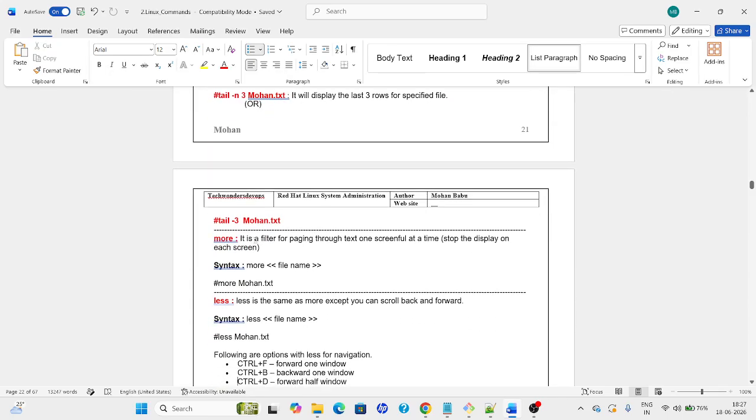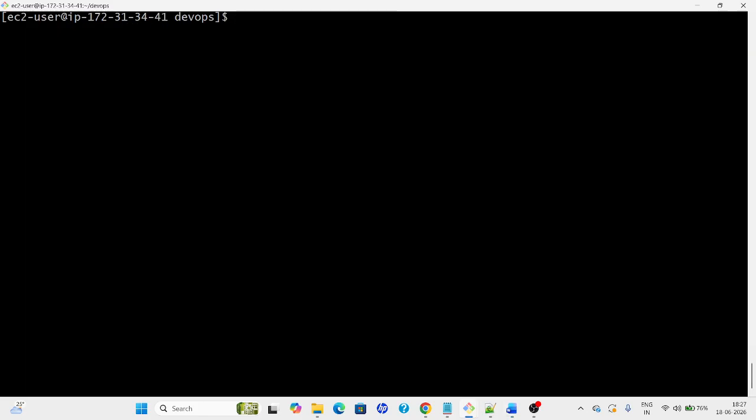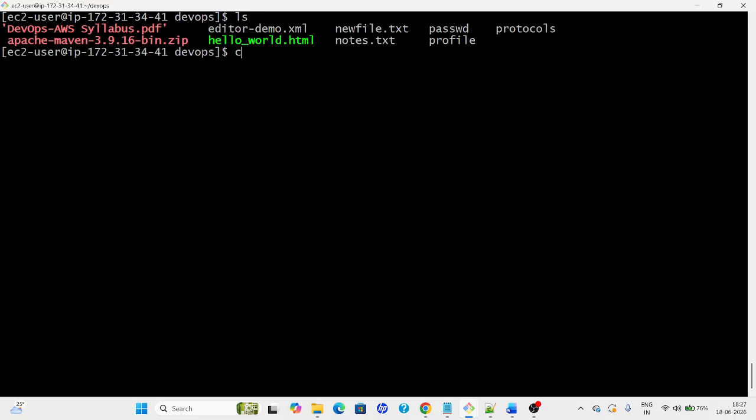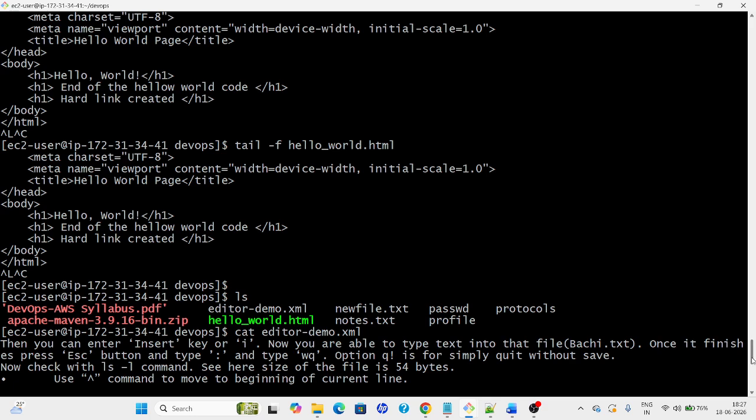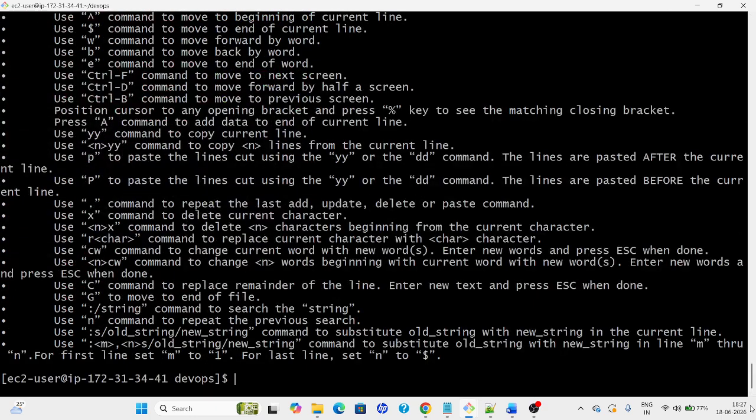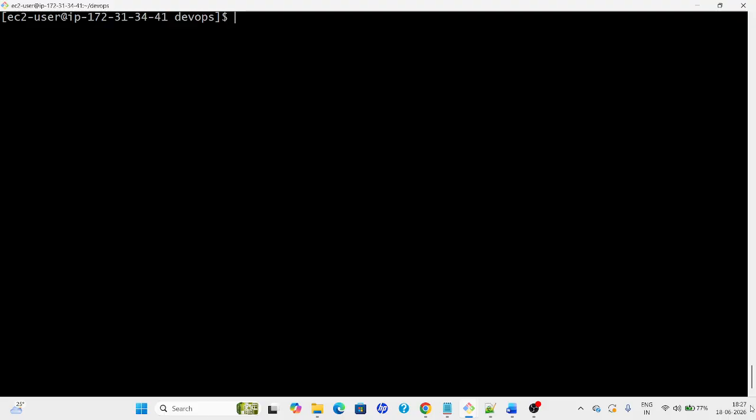The next command is more. It is a filter for paging through text, one screen full at a time. It stops the display on each screen. So if you give cat editor, you can see this is not one screen. Half of the screen is more. At the time, I will increase the screen size as well here. Okay. Now if I give the more command,